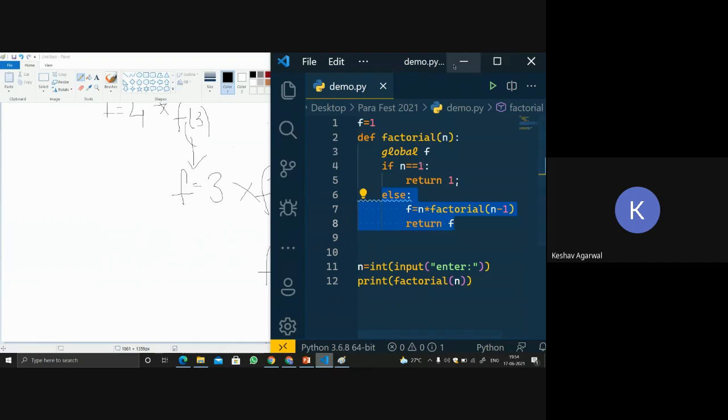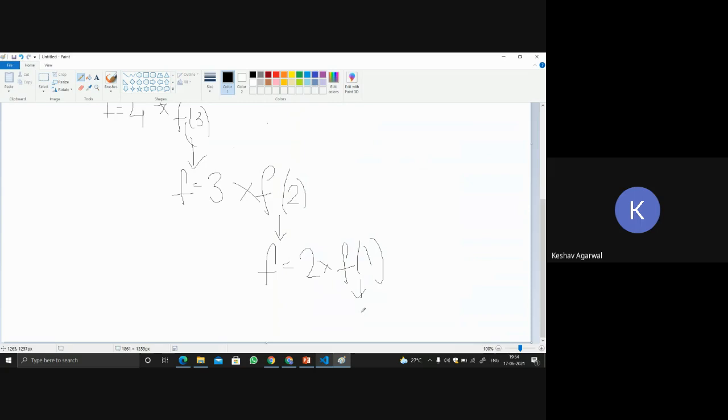Yes, n is equal to 1. So what will it return? It will return 1 over here. So now this part goes away, and since 1 was returned, we will get 2 into 1, which is equal to 2.